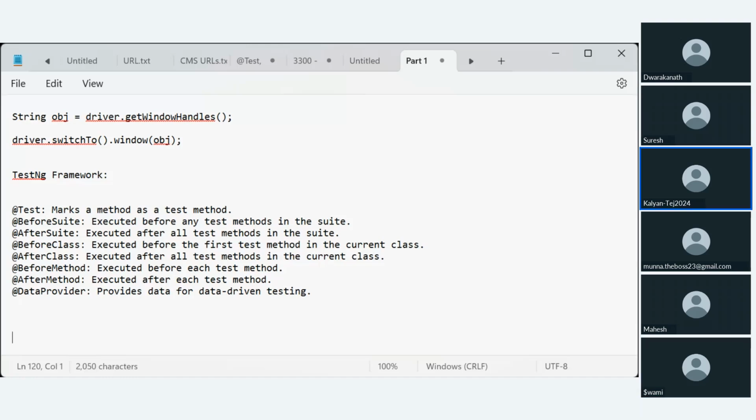It is not that only test cases and test scenarios will be asked. Yes, scenario-based questions we already covered yesterday. But it is not that they will ask only test cases; you must know Java for sure. Some basics of programming you must know, and these are the programs which will be asked for sure in your interview.